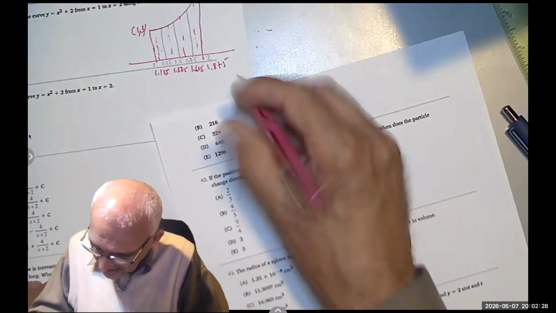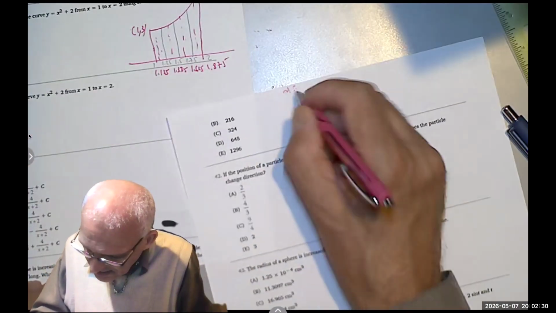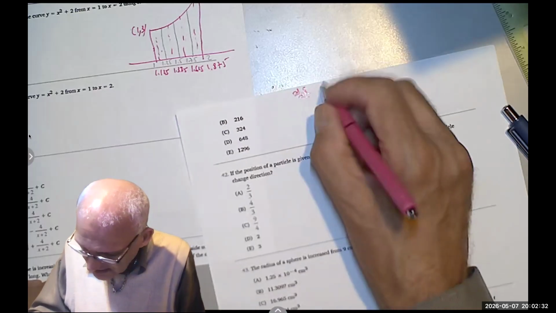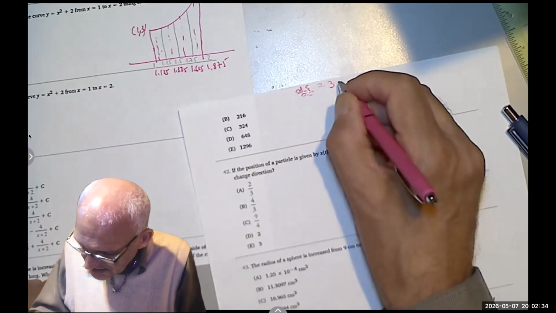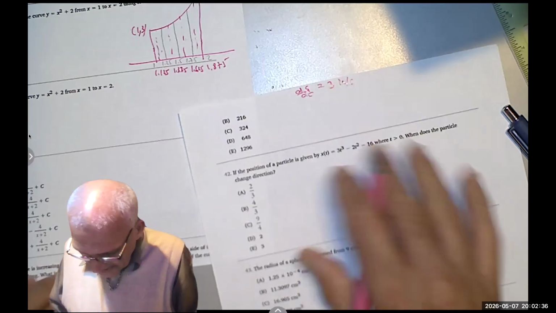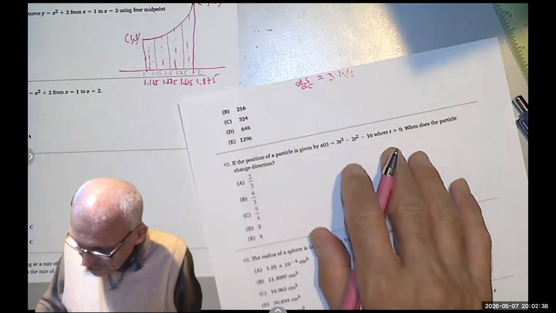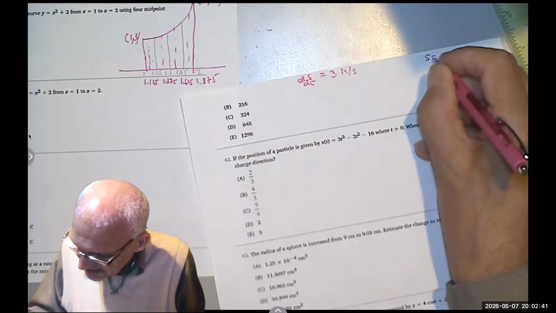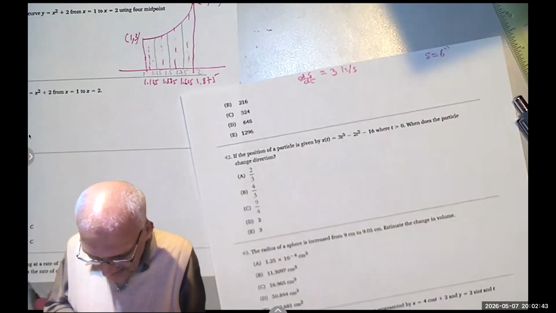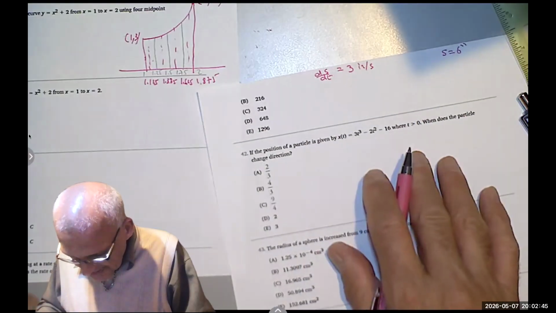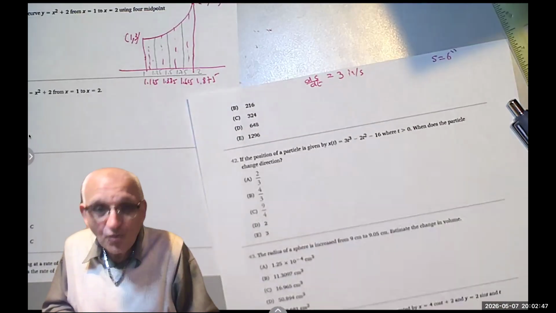The side of a cube is increasing. So the side, or ds/dt, if S is for side, is 3 inches per second. At the instant when the side of the cube is 6 inches, so S is 6 inches, what is the rate of change in inches square per second of